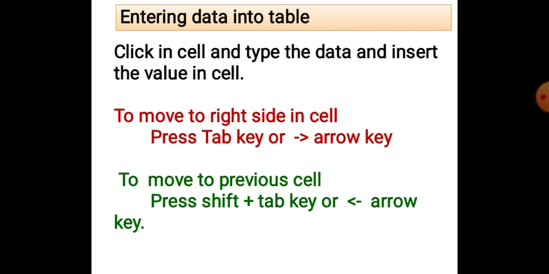To move left, right, up or down in the table, we have the arrow keys. We can also use the Tab key to move to the next cell on the right, and the opposite of the Tab key is Shift plus Tab. With this combination, we can go to the previous cell in a table. This way we can move in a table and enter our data.